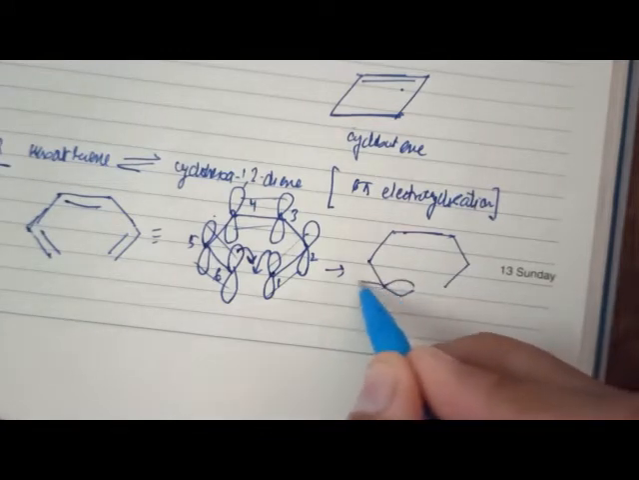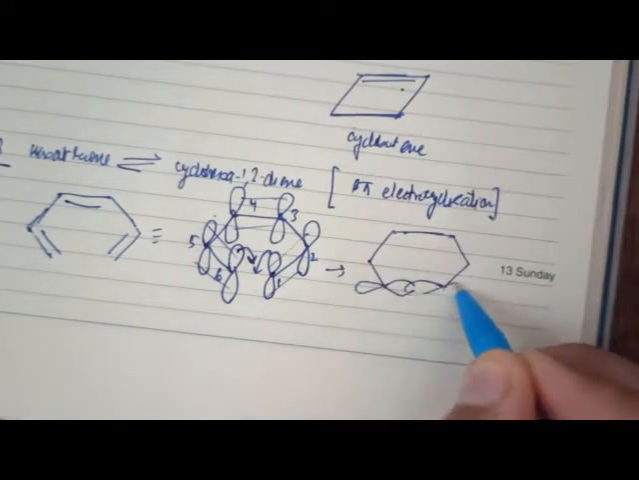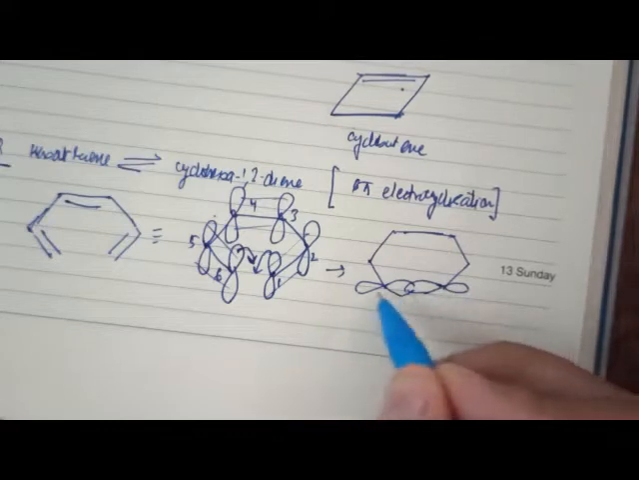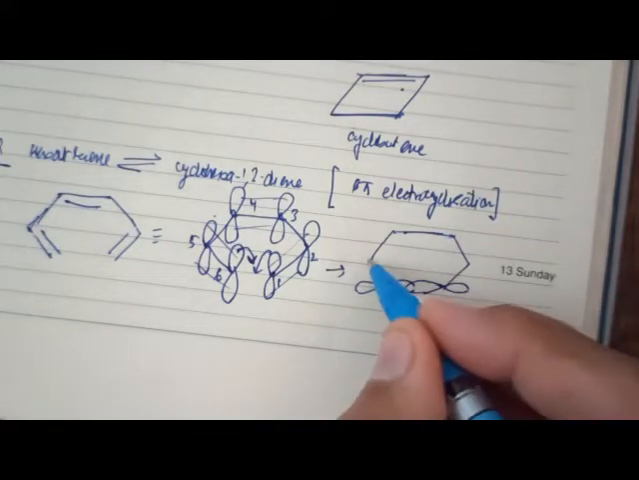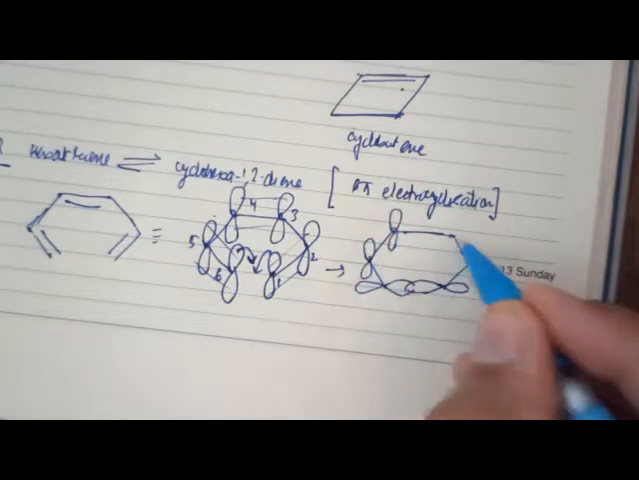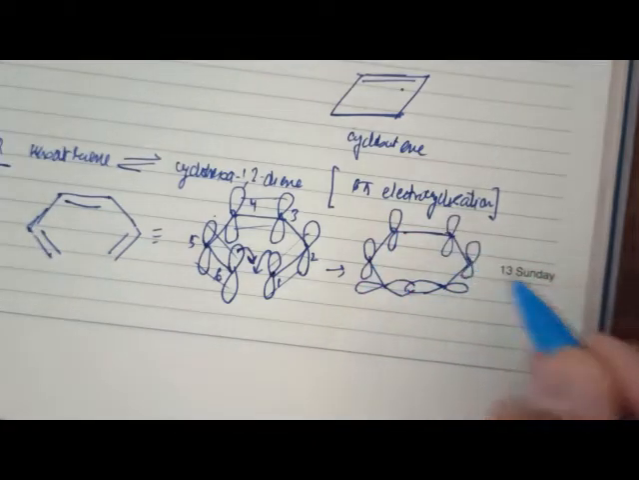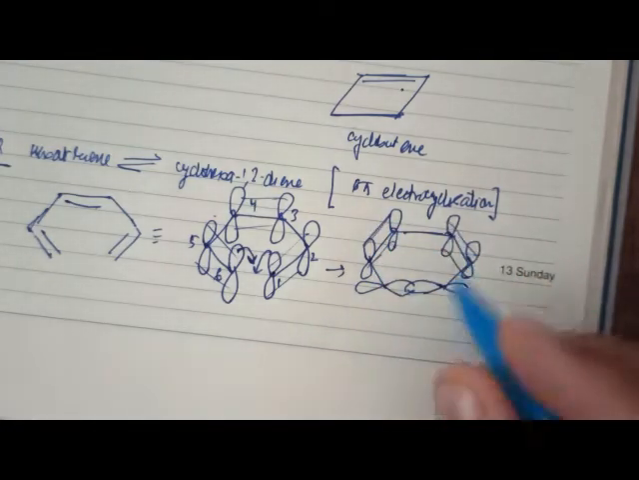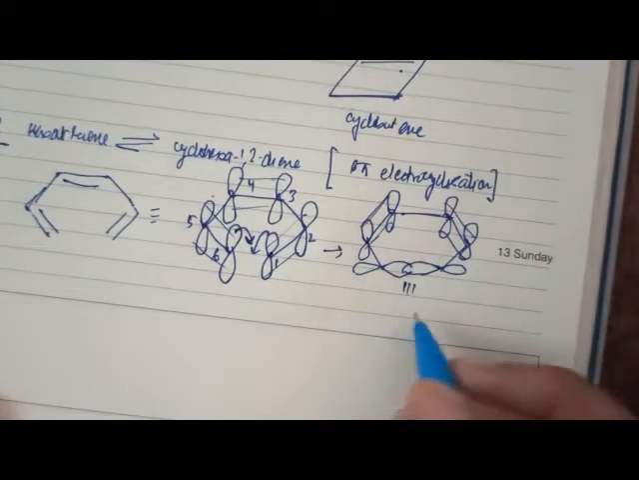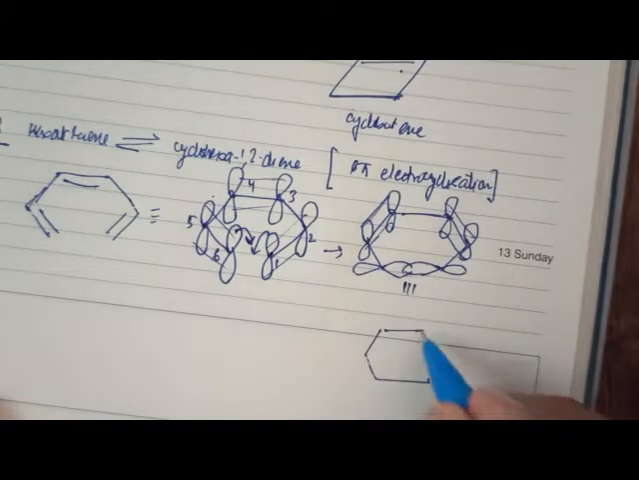These two terminal p lobes underwent a rotation to undergo an internuclear overlap, leading to the formation of a sigma bond. What was left? A p lobe here, a p lobe here, a p lobe here, a p lobe here, having 1 electron apiece. They underwent sideways overlap to form the pi bond. The result is that from this system we'll end up in the formation of